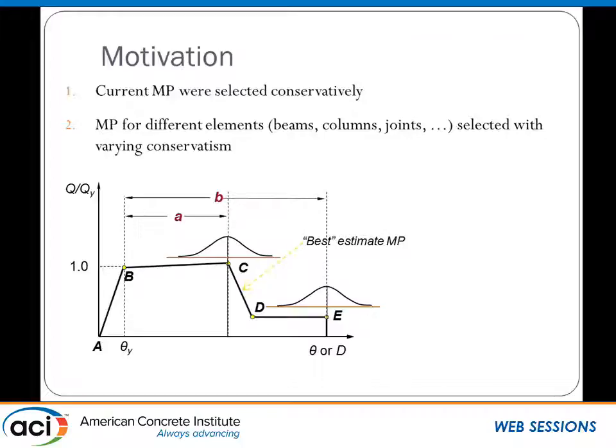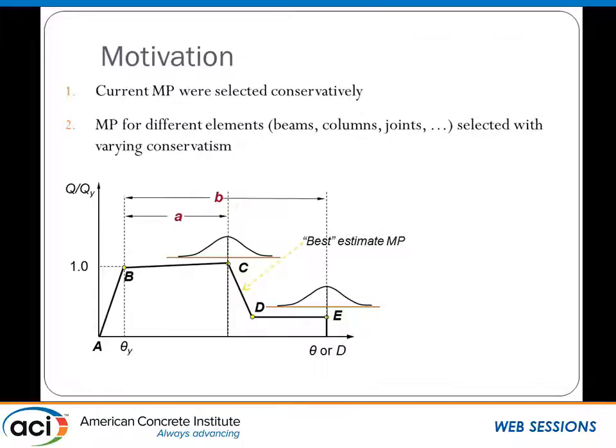So the motivation for what I'm presenting here stems from a little bit how the current modeling parameters and acceptance criteria are defined in the code. So as Robert Pekelnicki mentioned, the modeling parameters are defined now currently conservatively in the code. And so what happens